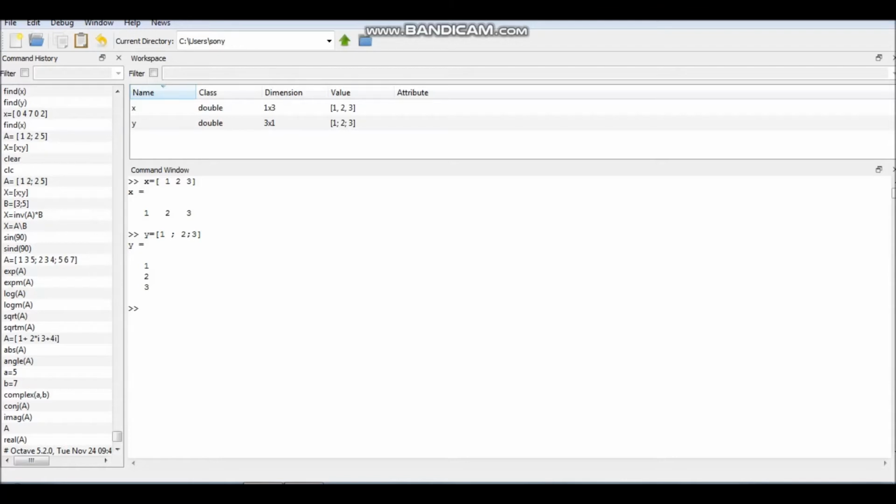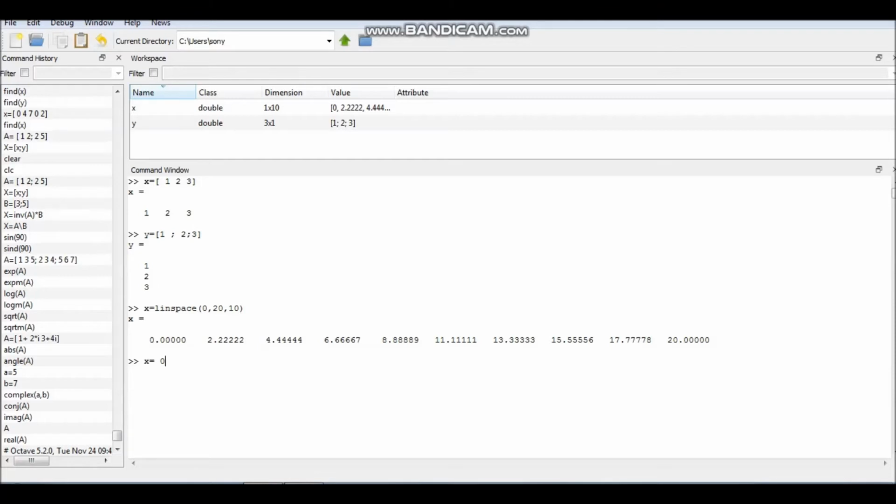The other way of creating a vector is a command called linspace. So if x is a vector and I am giving the command linspace, then at the first point you have to write the initial value, then the final value, and then the number of points you want to generate in the vector. In this way you will get 10 points. It means this command has divided the interval 0 to 20 into 10 values.